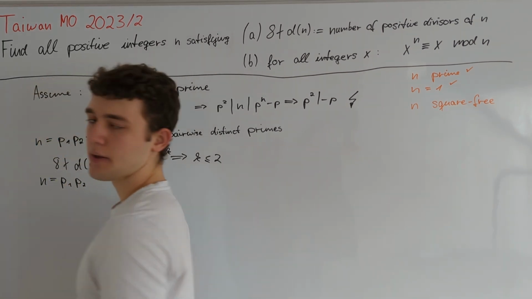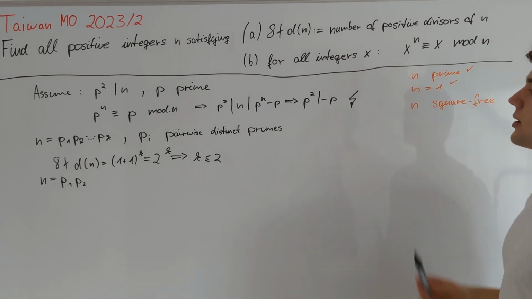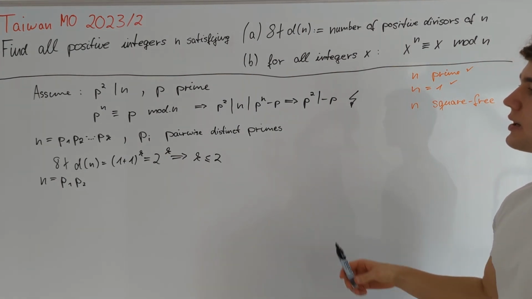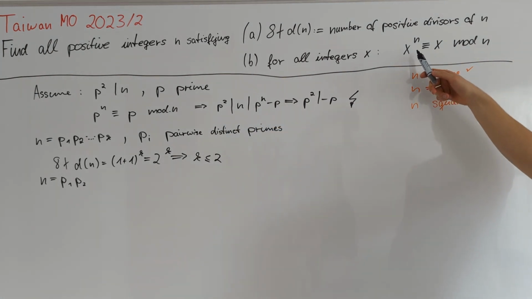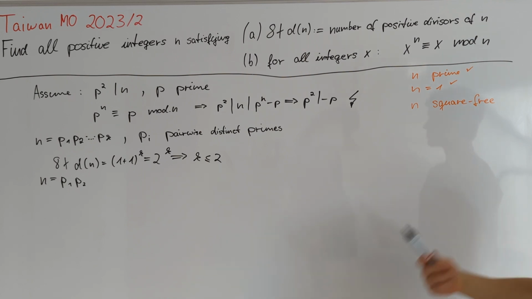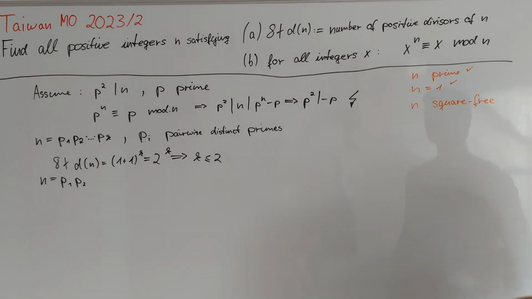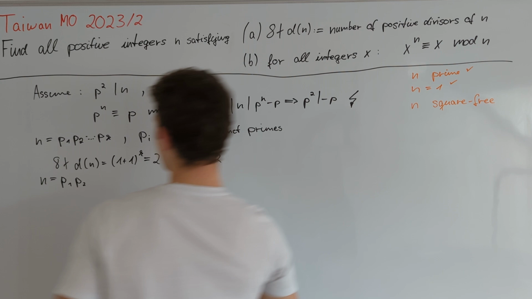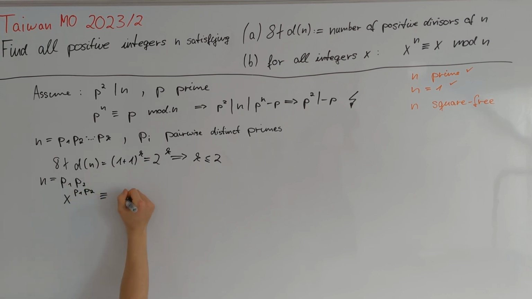By Fermat's little theorem, we already know very nicely how to work with such an equation modulo p1 or p2. We can use a similar trick as we did here and say that, well, if x to the power of n is congruent to x modulo n, then because p1 divides n, x to the power of n is also congruent to x modulo p1. So let's write this down. We get that x to the power of n, which equals x to the power of p1 p2, is congruent to x